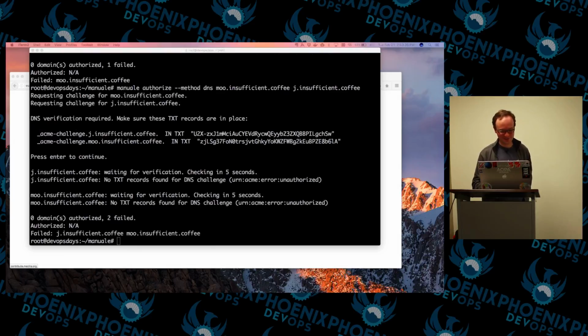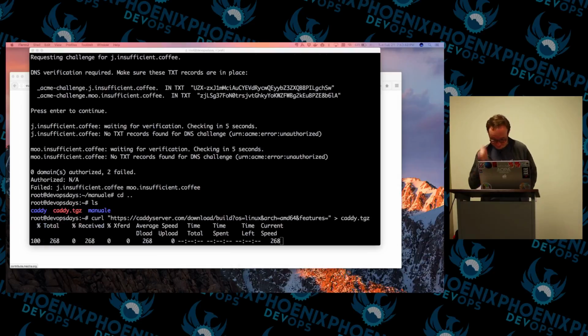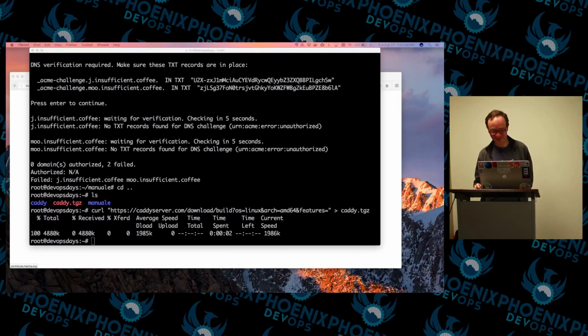Very rarely do I know people who can actually go deploy Caddy in any environment. Though amusingly, we are using it for a few things inside of the Let's Encrypt organization. Installing it is bizarre because it's still a weird thing. You download a tarball off of their website and you untar it somewhere.